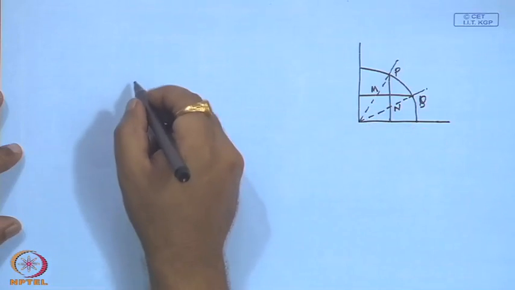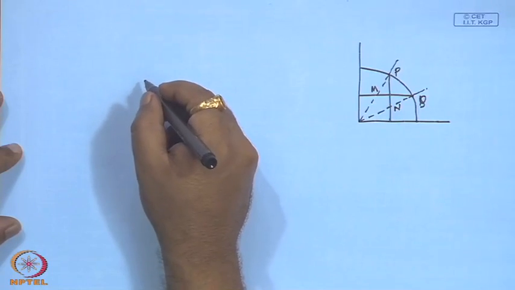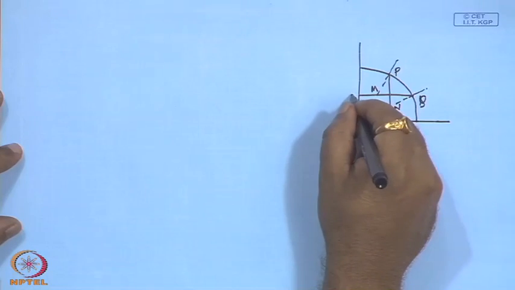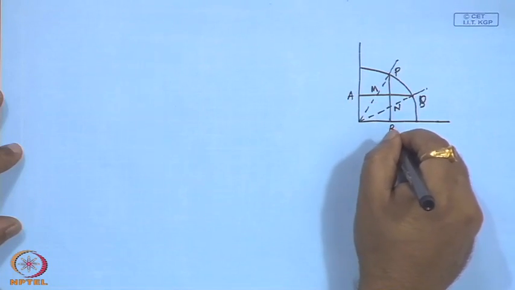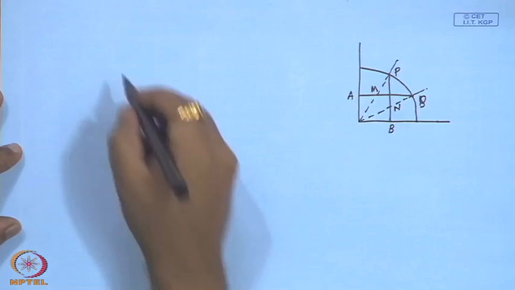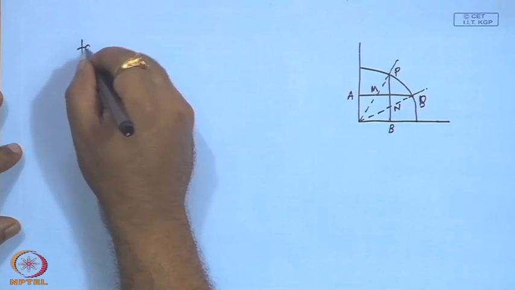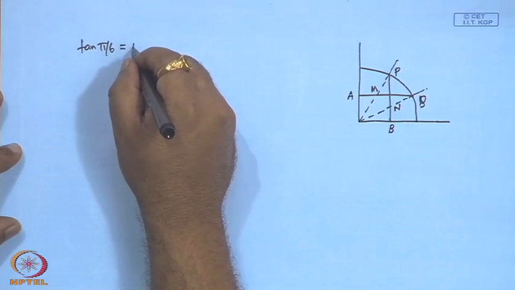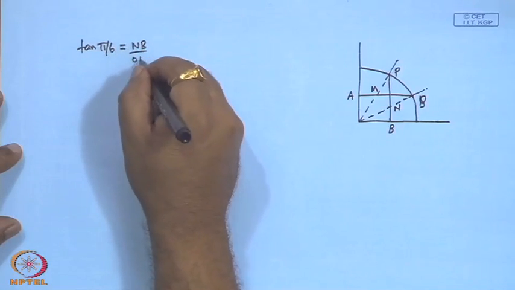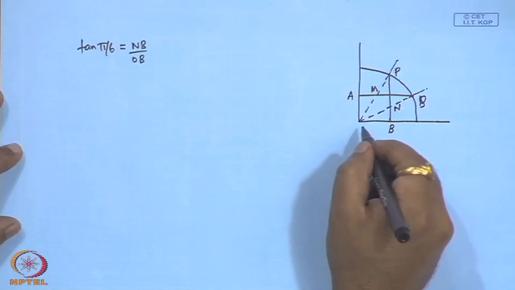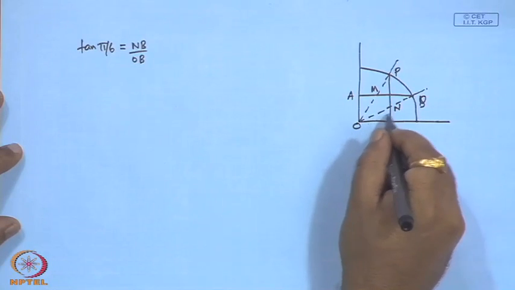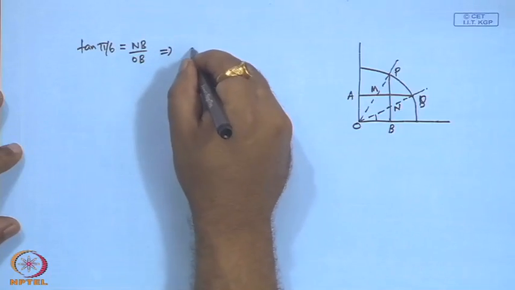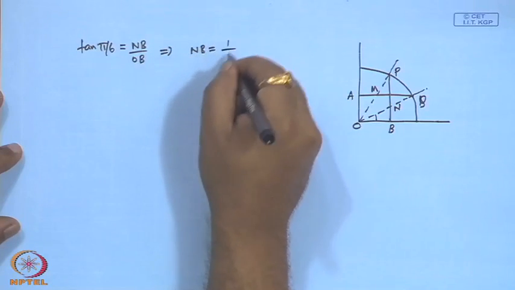Now, this is A and B. So, therefore, tan pi by 6 is N B by O B. Okay. N B by O B. So, this implies N B is